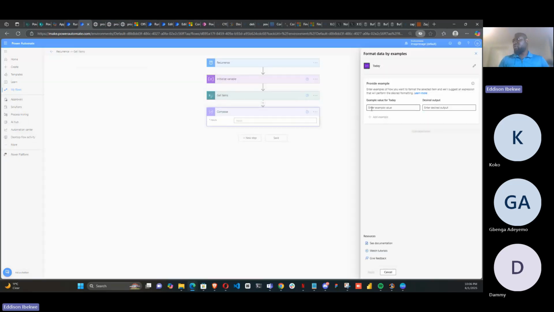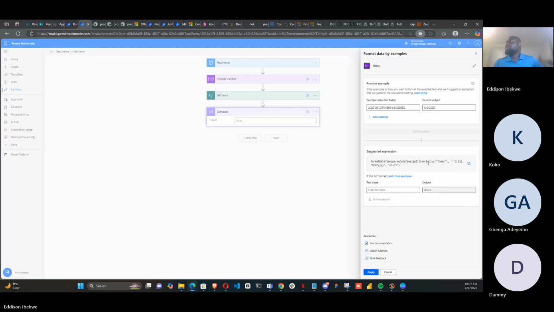You first plug in the format that is coming in, and you want it to come in as 6. So you see the first option there, and get what you want. See, it has not made the work easier for us. It's asking us to use this expression, and if you use it, you are going to get your desired output. This is the easiest if you want to be fast, especially when dealing with data manipulation. This doesn't work elsewhere. It's just majorly for formatting data and all of that. So when you copy this,